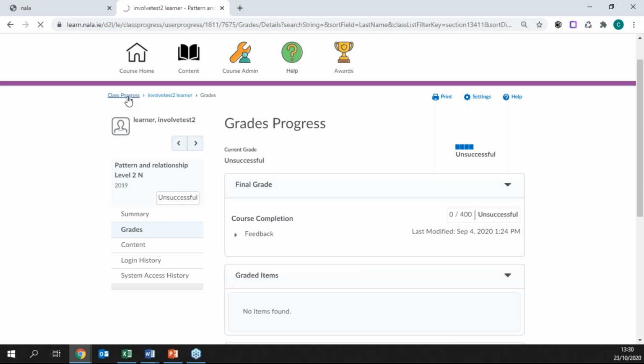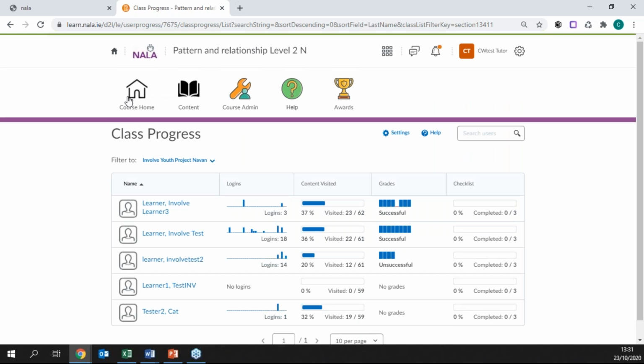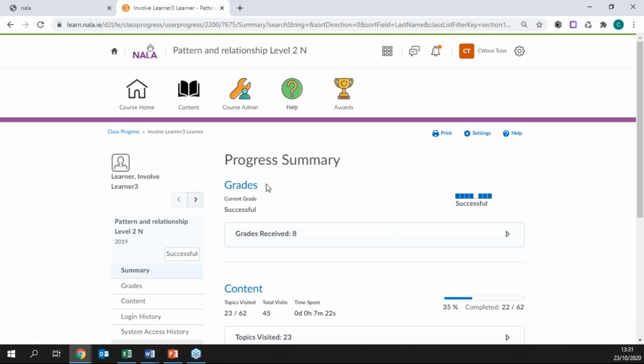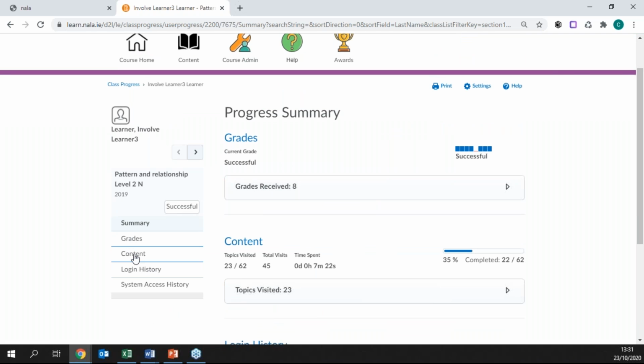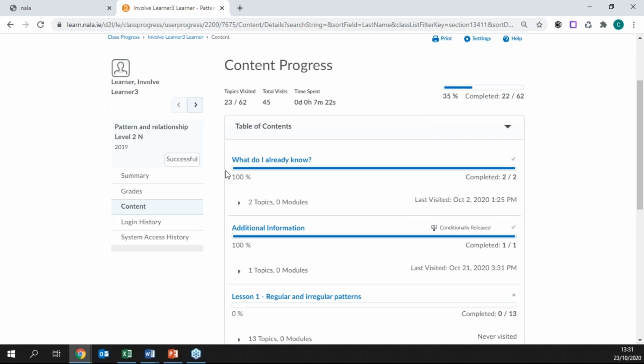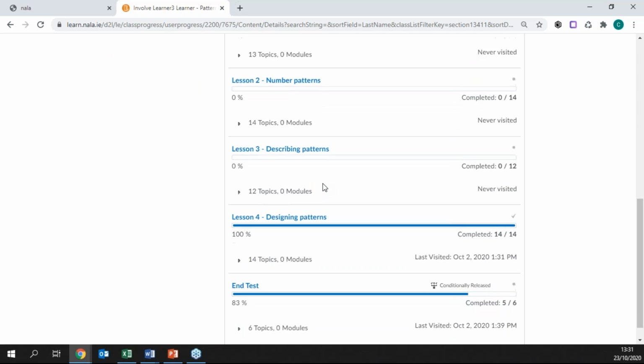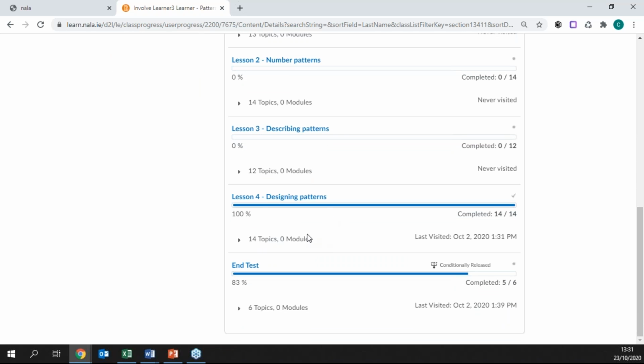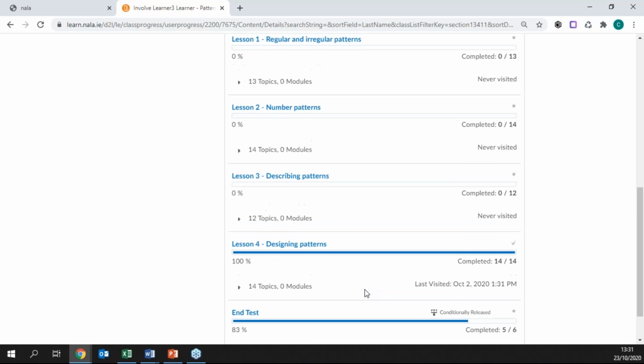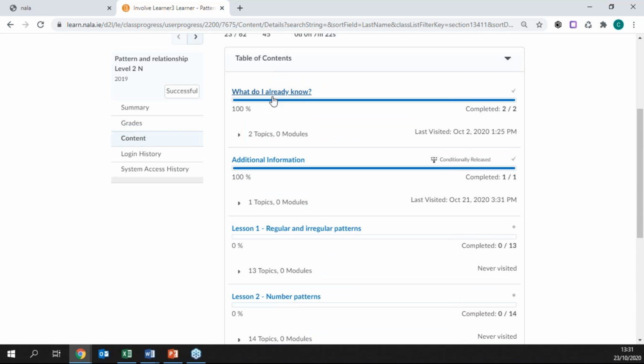If we look at another account, okay, again, the first thing I would do as a tutor is look at content, just to get an overview of what they're doing. So I can see they've done that first initial assessment, but they haven't done any lessons at all. Oh, apologies, they've done lesson 4, and they've done some of the end test, but not quite all of it. Okay, so then I'm interested to know how many of these tasks did they get right or wrong? So I can go to grades,